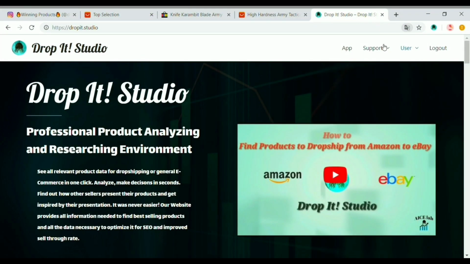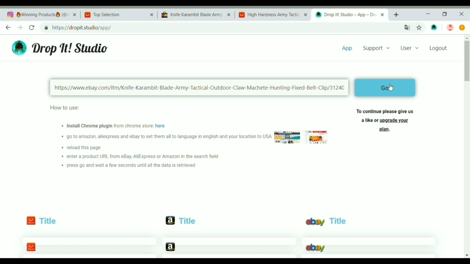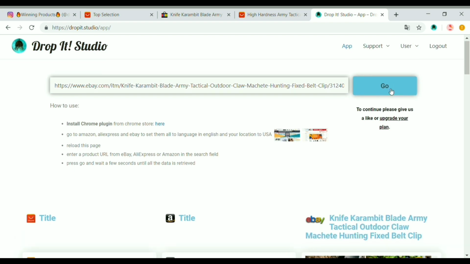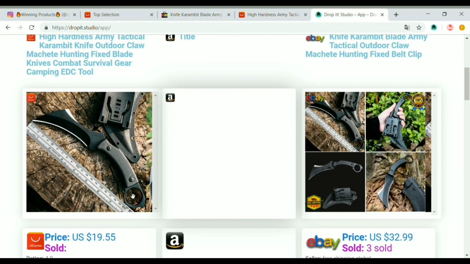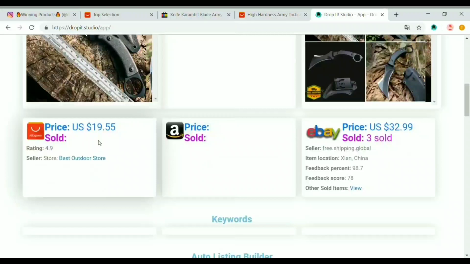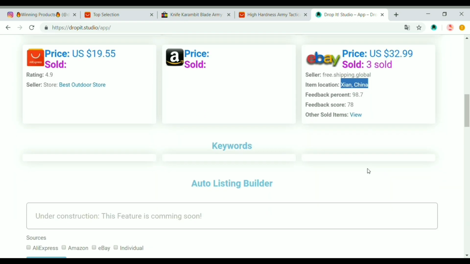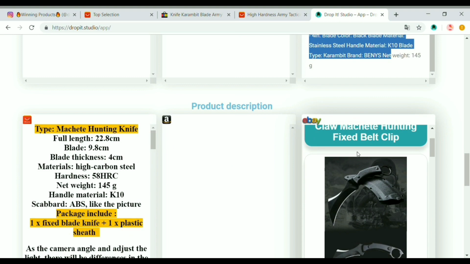Okay, let's have a look on Dropship Studio. We just paste in the eBay URL and press go, and we have both items side by side. Can copy the title. Here we see the selling information. It's coming from China. Here's product details and description,